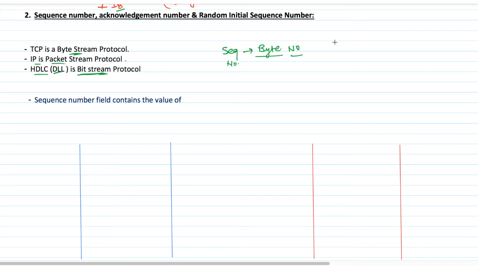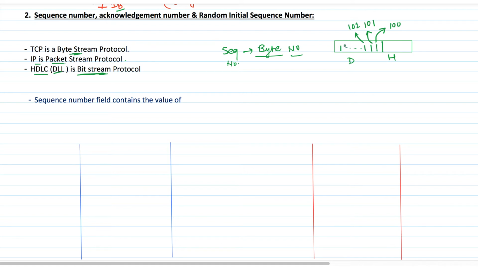So suppose we have a segment at the transport layer like this, say this is the header and this is the data. Every byte is going to have a sequence number. Suppose this is the first byte, so we are going to assign a sequence number for this byte. Suppose it is 100. Then this byte will have sequence number 101, this byte 102, and so on.